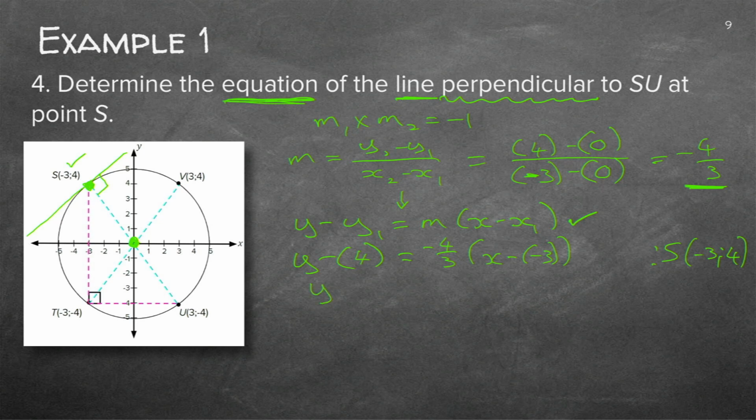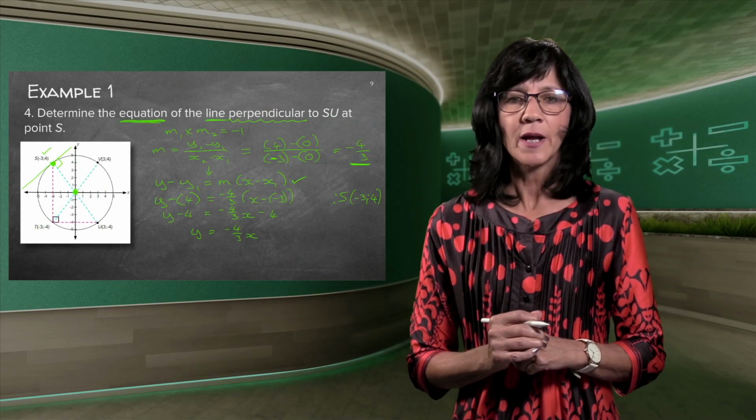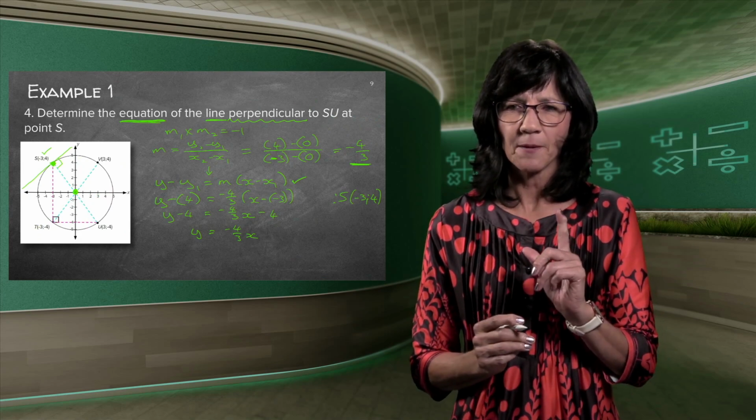If I multiply this out, y minus 4 is minus 4/3 x. That gives me a plus 3 times a minus is minus 4. If I now do this, it's minus 4 over 3 x minus 4 plus 4 is just 0. Remember, we're bringing the 4 over, so it becomes plus 4. So that line, y is equal to, but I think there's a mistake here.